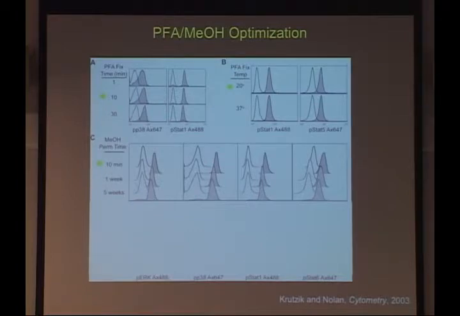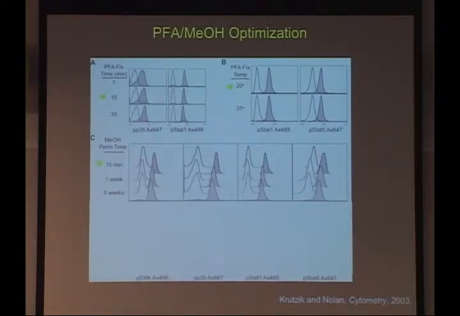And so this is something that we've done quite a bit, where you can store your samples in methanol for months and months, and basically aggregate up samples and then do all the staining on the same day and all the analyzing on the same day. That's obviously a huge advantage, because you don't throw that error in of every single day. Let's say I get one clinical sample, I stain that, I run that. The next day I stain, I run, I stain, I run. You're going to have a lot more variability just from day-to-day wobble on things like that,